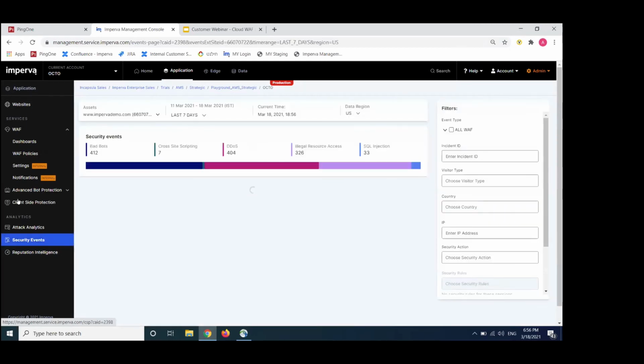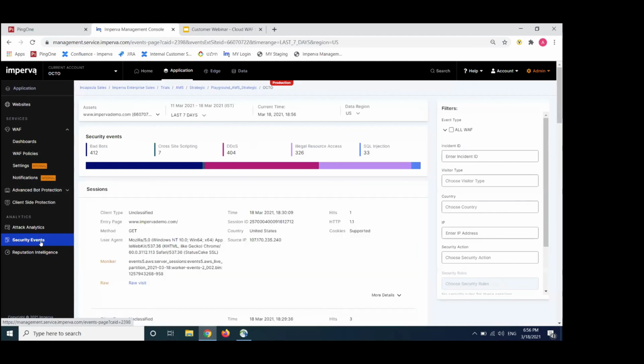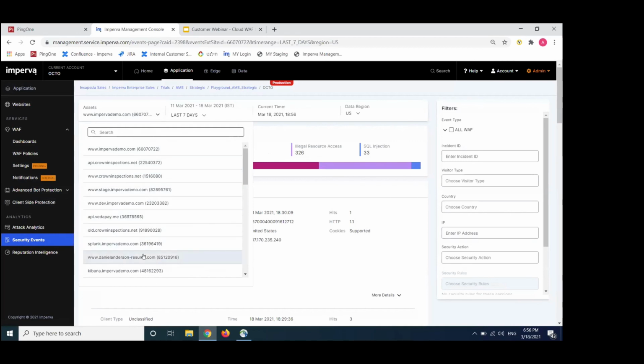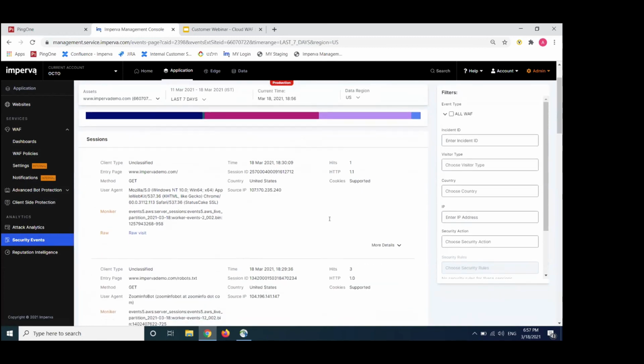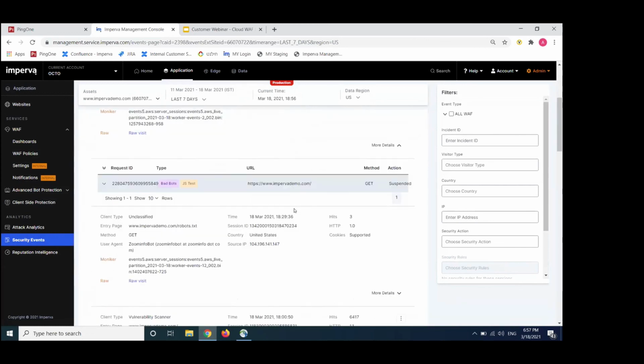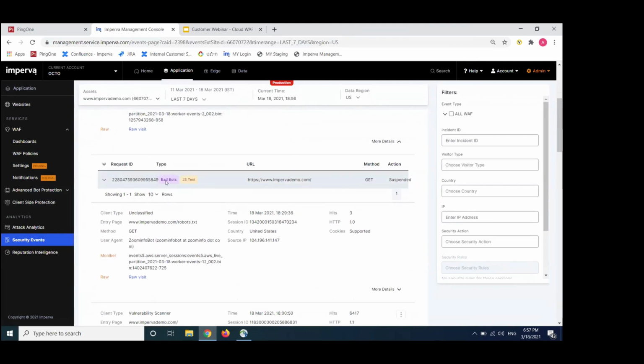So I'm clicking now on Security Events in the left panel. And this is the new security dashboard page. This page as well contains all the websites under the current account. It contains a split of the events per event type. And then we can see the details of all the sessions that triggered events, all the requests under each session, and near each request,